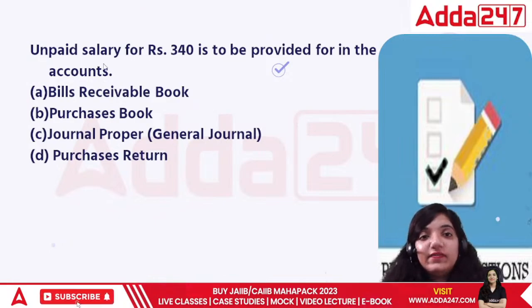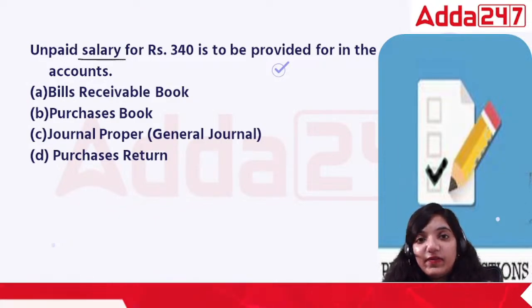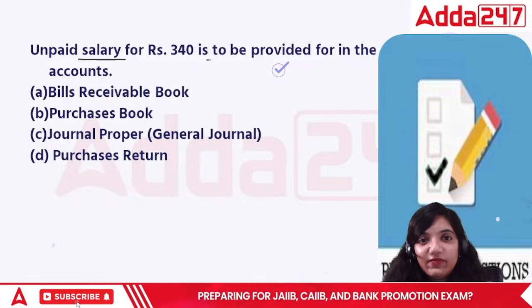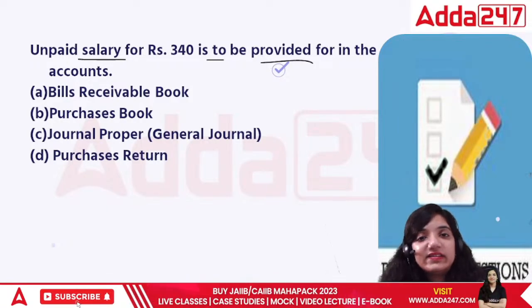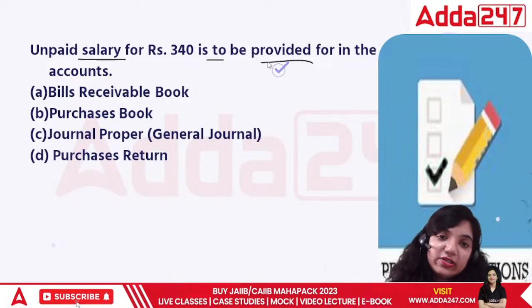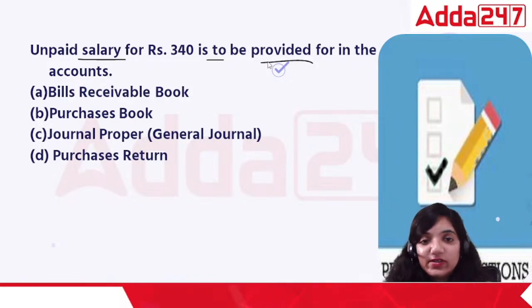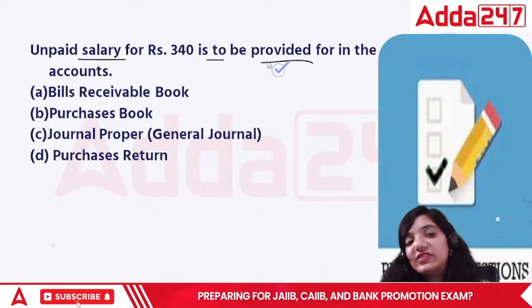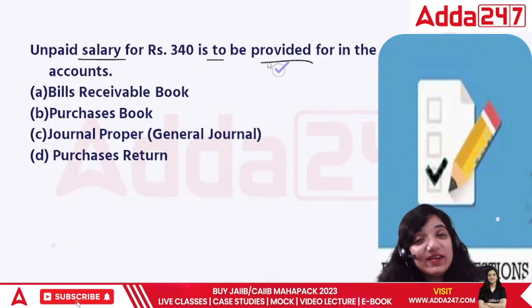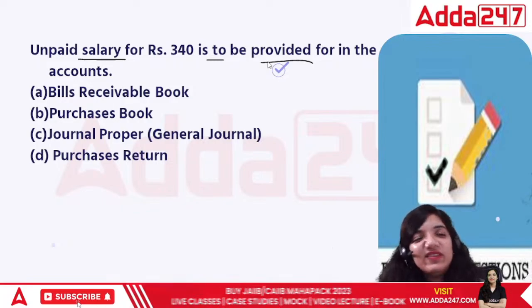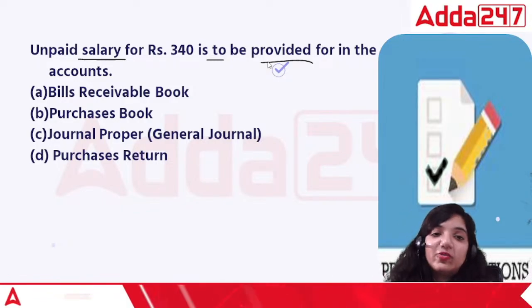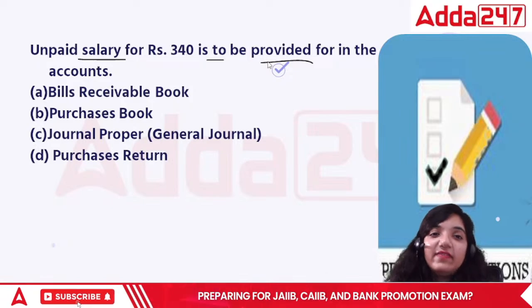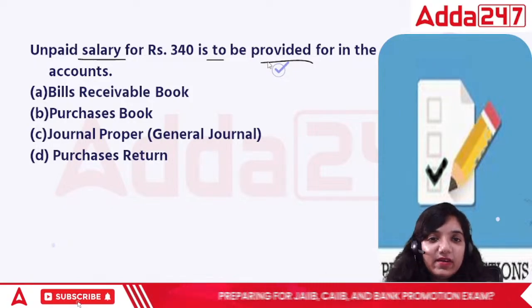Next question. The unpaid salary of rupees 340 is to be provided for in the accounts. Basically, there is a person to whom I haven't paid yet. So this is not related to the cash. So what is it related to? Is it related to bill receivable? Am I going to receive money from someone? Purchases book, we give salary to them. It is not related to anything else, right? And then we have the area of